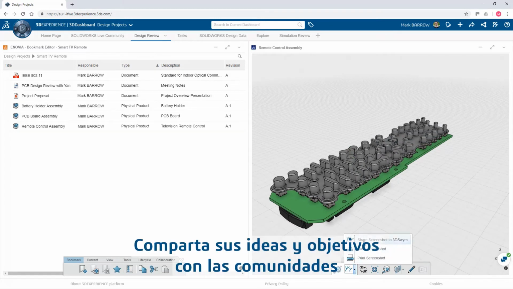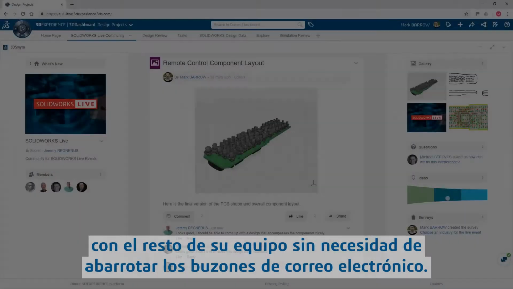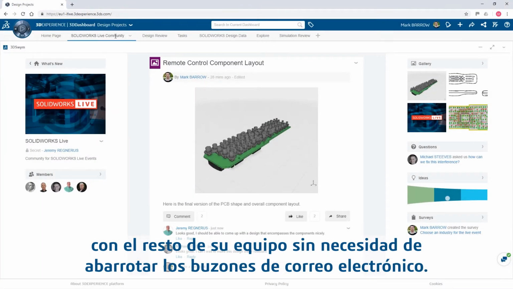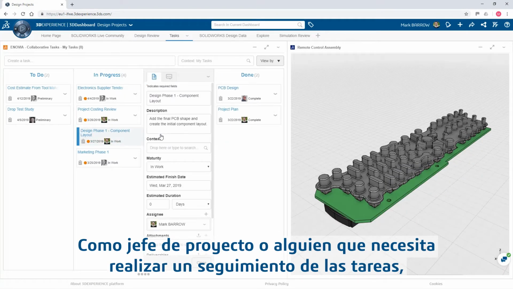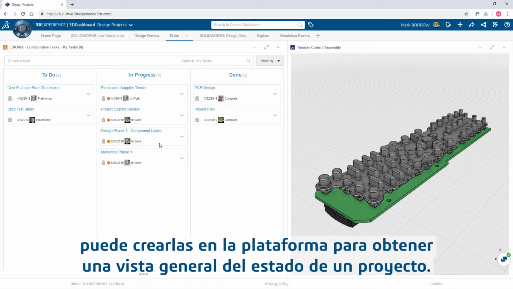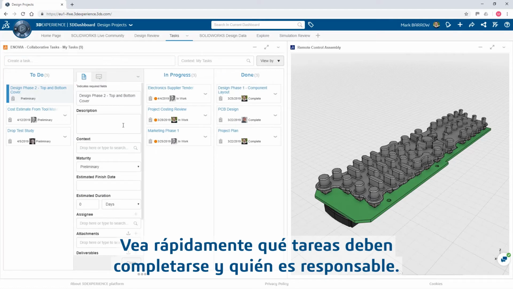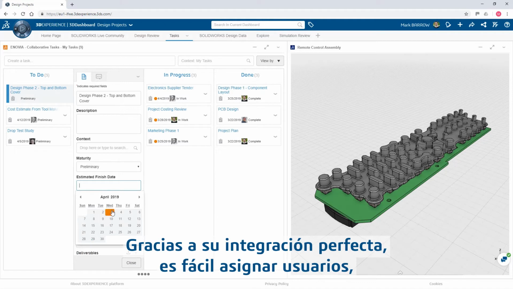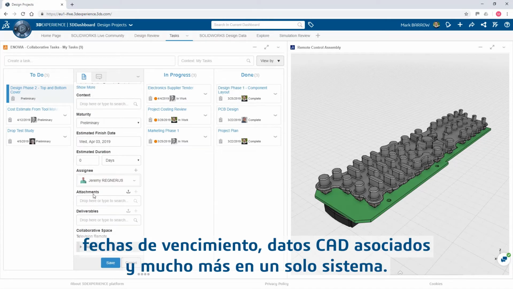Share your ideas and goals to platform communities to easily collaborate with the rest of your team without cluttering email inboxes. As a project lead or anyone who needs to keep track of tasks, you can create them on the platform for an overall view of a project status. Quickly see which tasks need to be completed and who is responsible. Because of its seamless integration, it's easy to assign users, due dates, associated CAD data, and more in only one